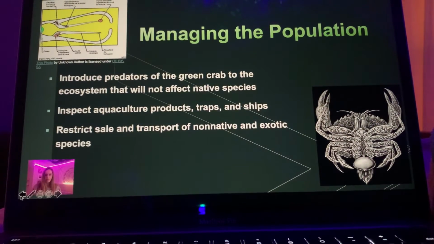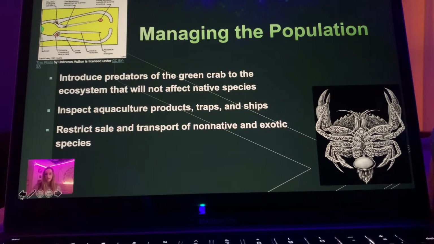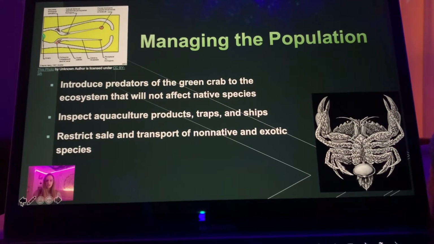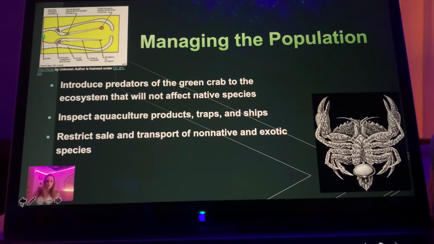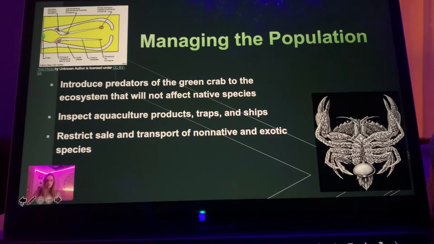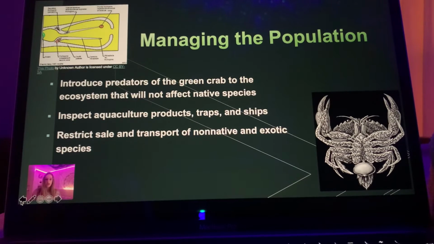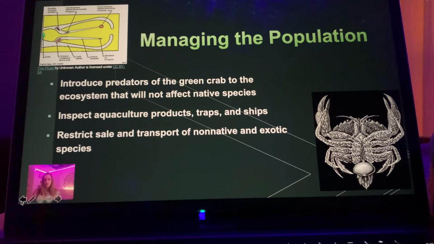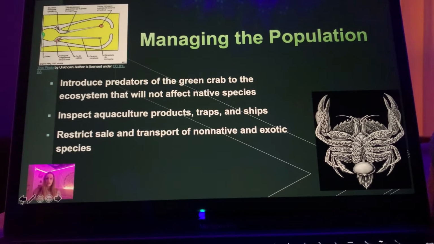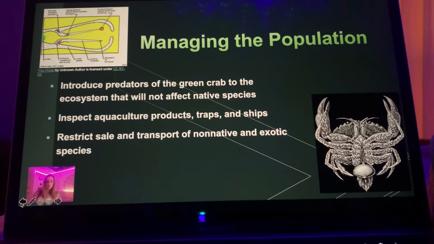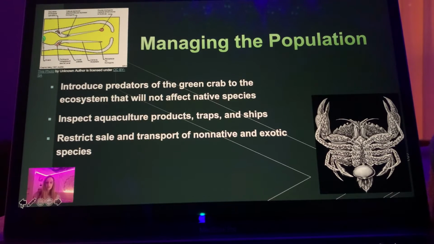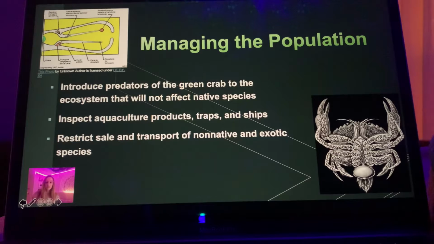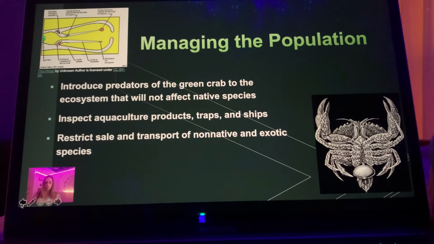Managing the population. Invasive species can be managed by adding predators to the ecosystem, as long as they do not harm native species. The European green crabs have very few predators. However, there is a parasitic species known as the Sacculina carcini that lives as a plankton, and they will pierce the exoskeleton of the crab and lay eggs in the belly of the host. This can cause the host to become infertile, preventing the reproduction of more crabs. In order to manage the green crabs, this specific technique is still being researched because it has the potential to harm other crab species native to the areas, like in Plymouth, spider crabs and blue crabs.